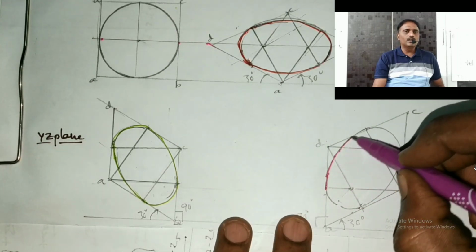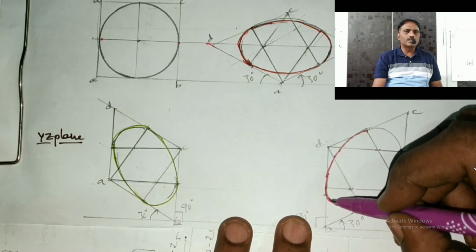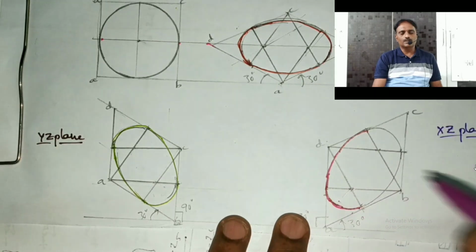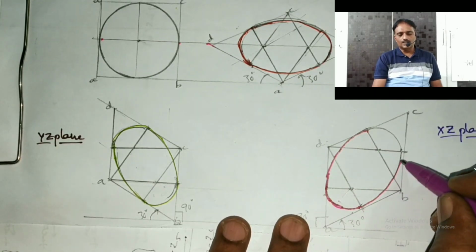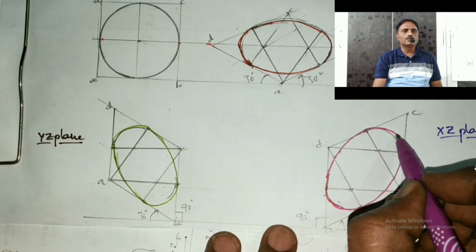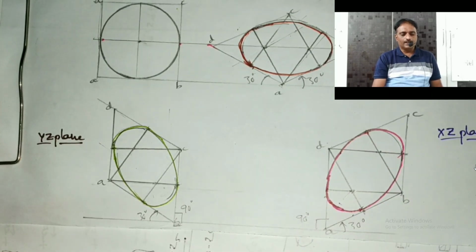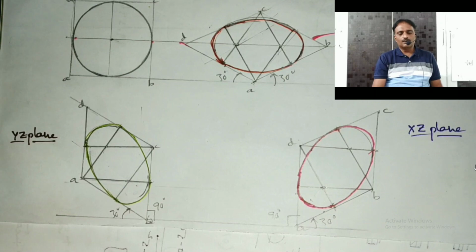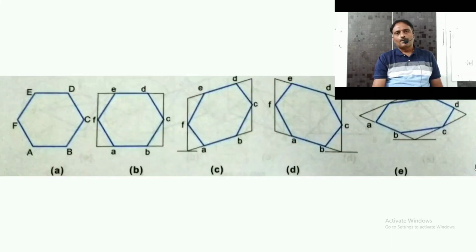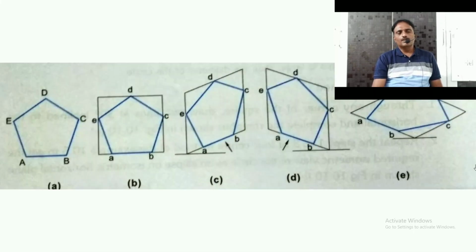So while going for isometric views, the representation of circle in different planes would be a little bit difficult one. So if you practice this, obviously it becomes easy for us. Similarly, you can go for any polygon like hexagon or pentagon. So whenever we consider hexagon or pentagon, first of all, we have to complete the square related to that particular polygon in the same way, and corresponding to each plane, whether it is xy plane or yz plane or xz plane, we have to consider the points A, B, C, D.